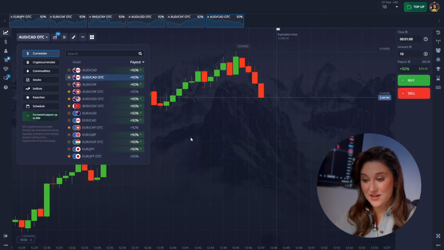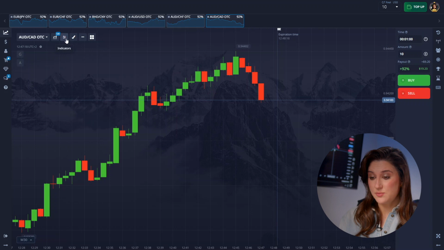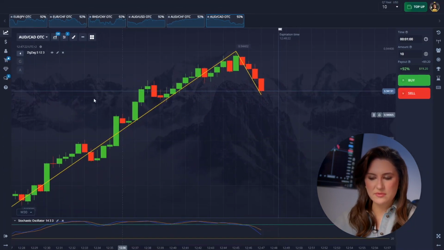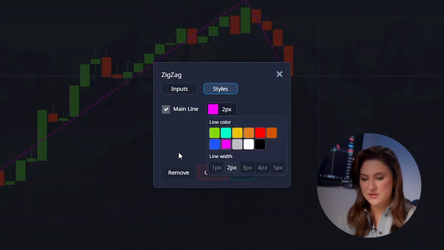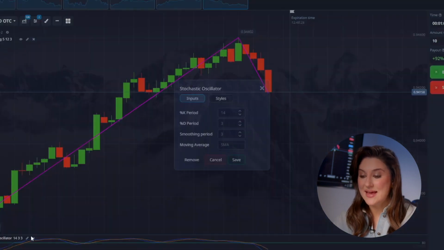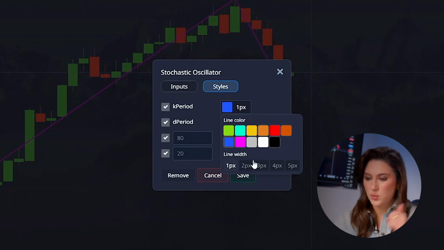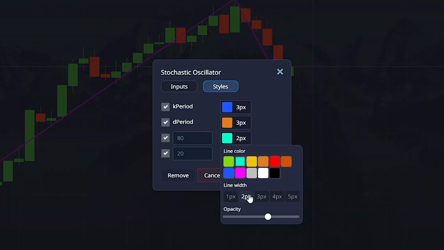Now let's dive into the practical part. Alright, I've got almost everything set up for today's session. I've selected the pairs and tools I'll be working with: Zigzag and Stochastic. They help me read the chart more clearly. Zigzag highlights key reversal points and filters out noise, while the Stochastic indicates moments when the market might be overheated or weakened. Together, they provide a cleaner view for analysis.